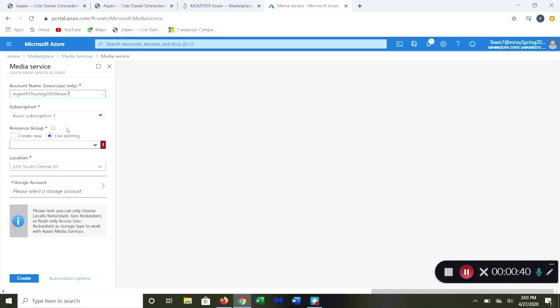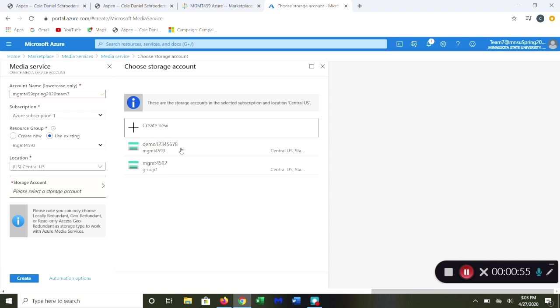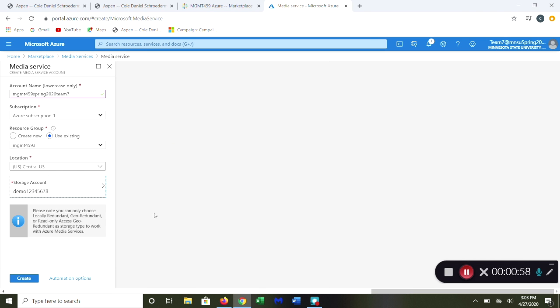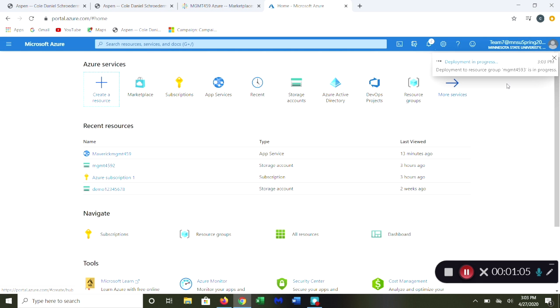And we're going to use our current subscription as well as an existing resource group here. Location, we want Central US as it's closest to us and will make the most sense for those using this. For our storage account, we're going to use this right here. We're going to go ahead and create that service. You can see we're going to go to the resource,